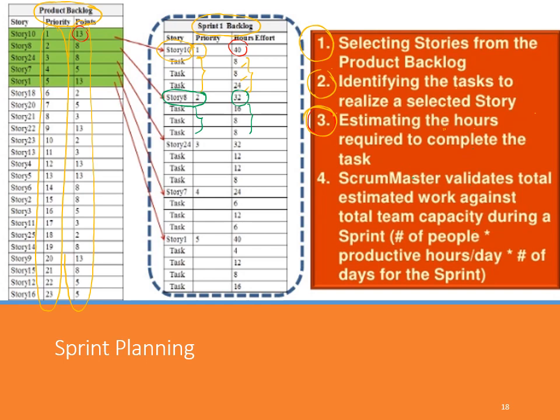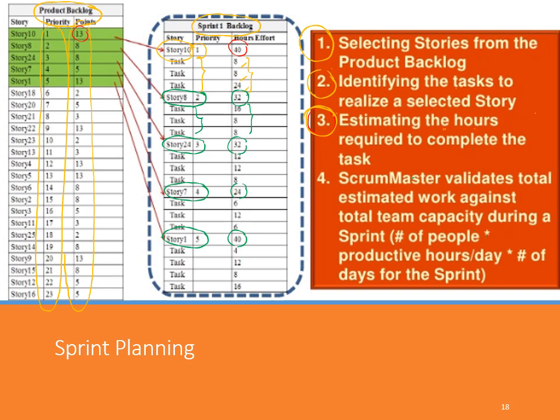Then we can do the same for each of the selected stories in the sprint backlog. Of course, we need to make sure that these total hours for all stories in the sprint backlog